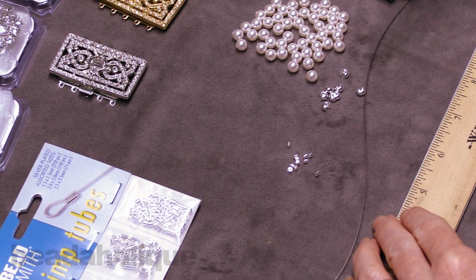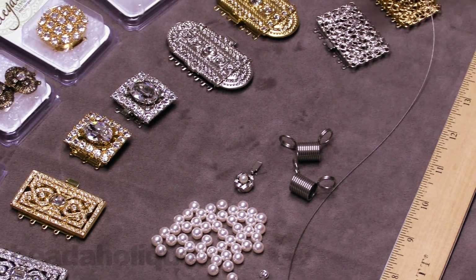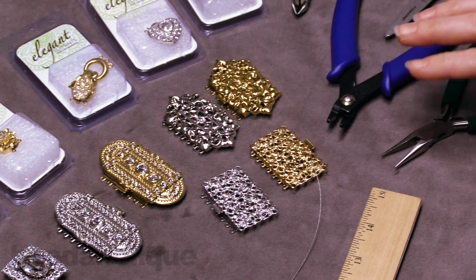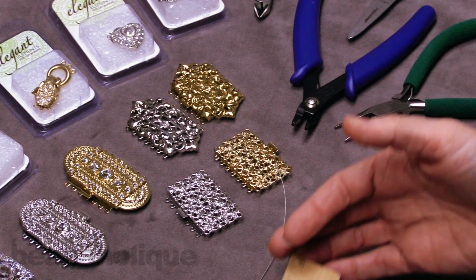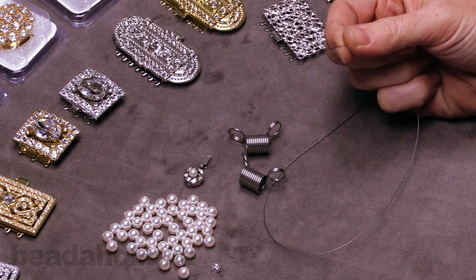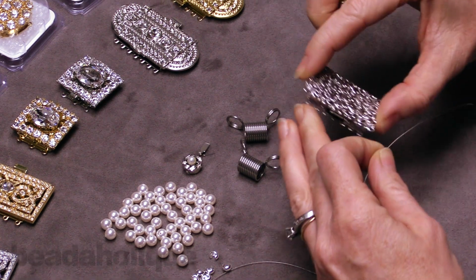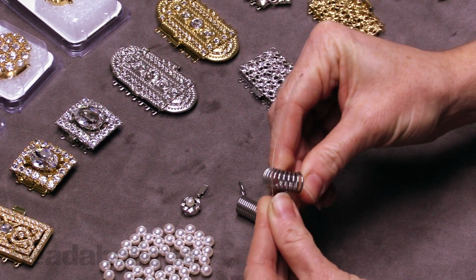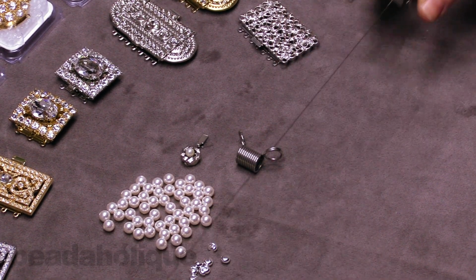And then for my tools, I have, as you can see, a little pair of scissors, a pair of cutters for my beading wire, a crimping plier, and a chain nose plier to apply my crimp bead covers, and then just a ruler to help me along as I go. So to make a simple strung bracelet, and I'm going to teach you how to crimp a crimp bead in this process too, which is what you'll be doing for all of these clasps if you choose to do a stringing project with them, I'm going to take the beading wire, place the tail end into a bead stopper, and